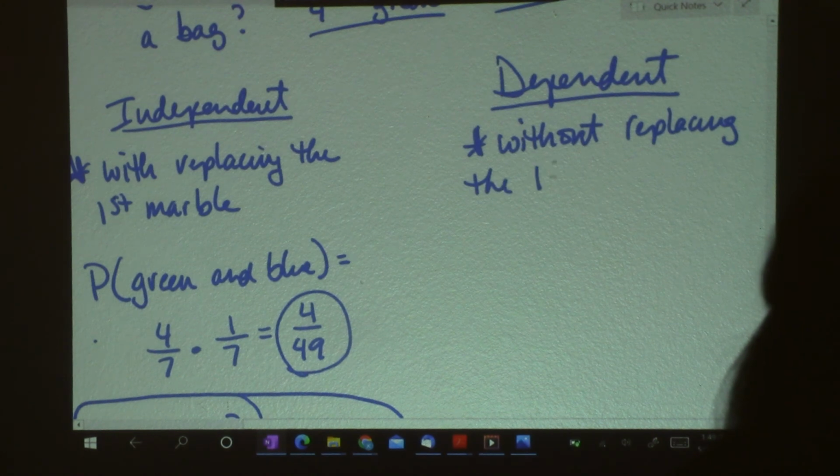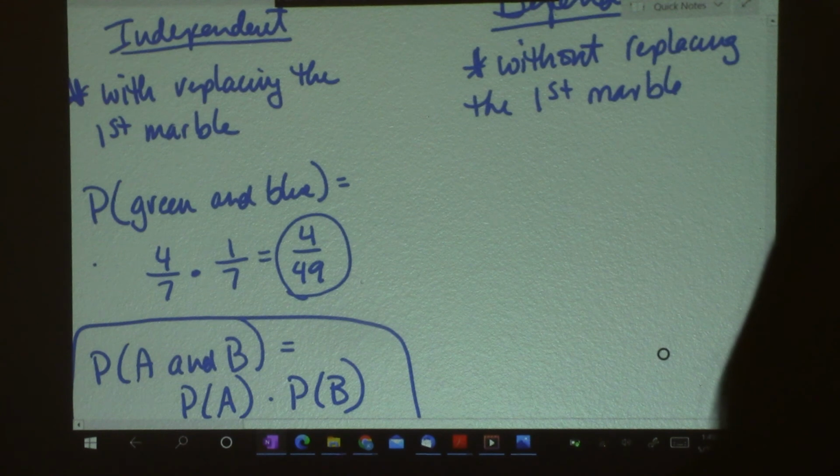Without replacing the first marble. Okay? So what I'm going to do is I'm going to have P of green and blue